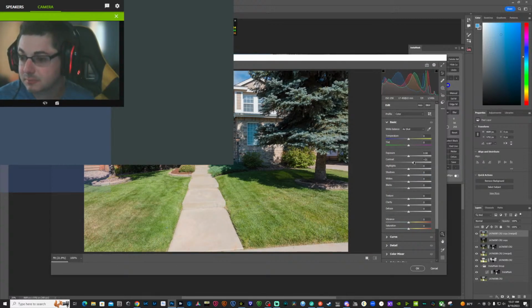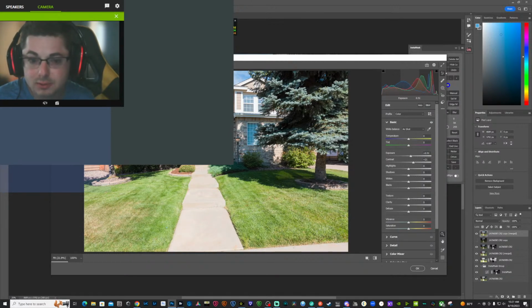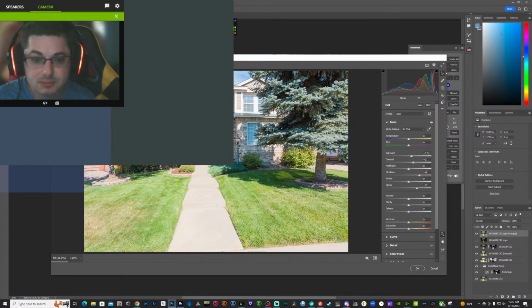Contrast. Bring this up a stop. We can really up it a little bit until it kind of starts to glow. Push our shadows. Blacks.